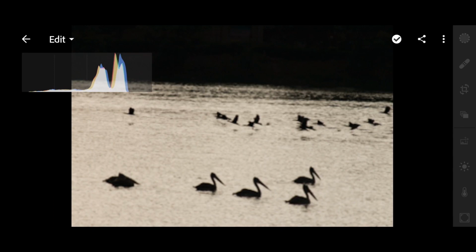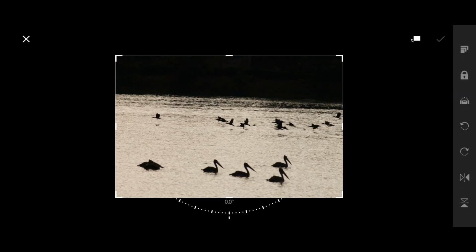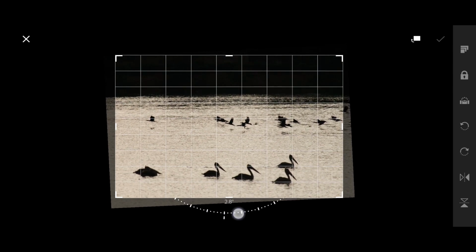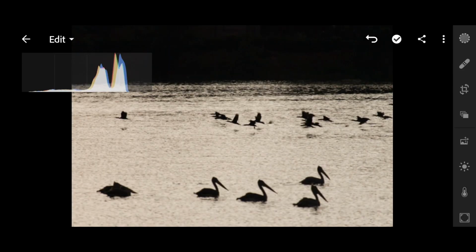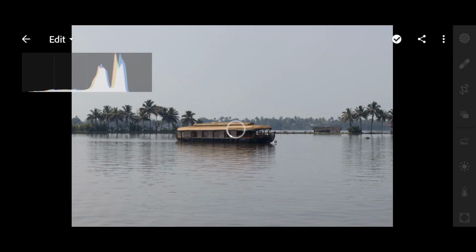In the case of this picture, the horizon is a lot more inclined compared to the previous one. Now the horizon looks perfect. It is very easy to fix the horizon and it actually makes a hell of a lot of difference. Yet I see a lot of people completely neglecting it. When I am scrolling through my Insta feed, if I come across a great landscape picture but its horizon isn't straight, I'm sure I'm never gonna like that picture.